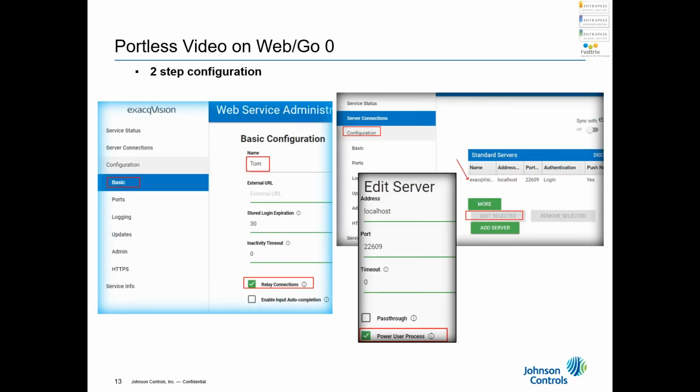So I've given you the first two steps for the configuration, where you can enter the server information and make it a relay connection, as long as the power user. So once I fill these few values in there by choosing the relay connection for my configuration, plus my video server here,